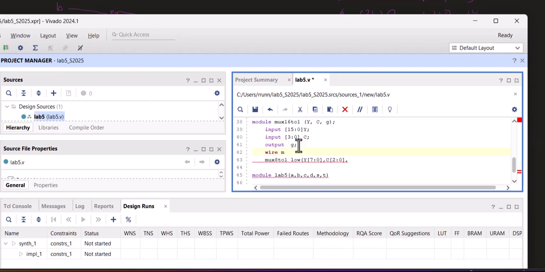I'll have ML and MH for multiplexer low and multiplexer high. So ML